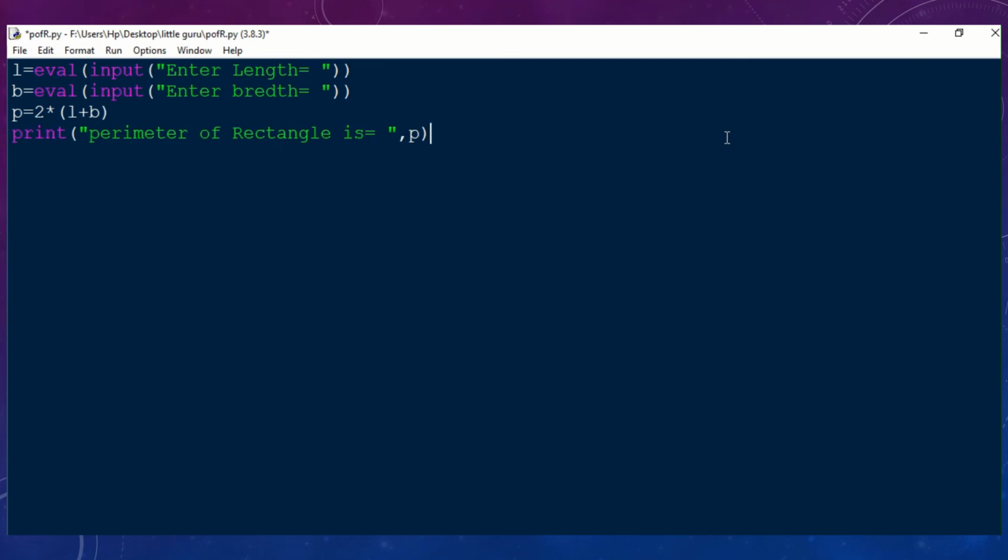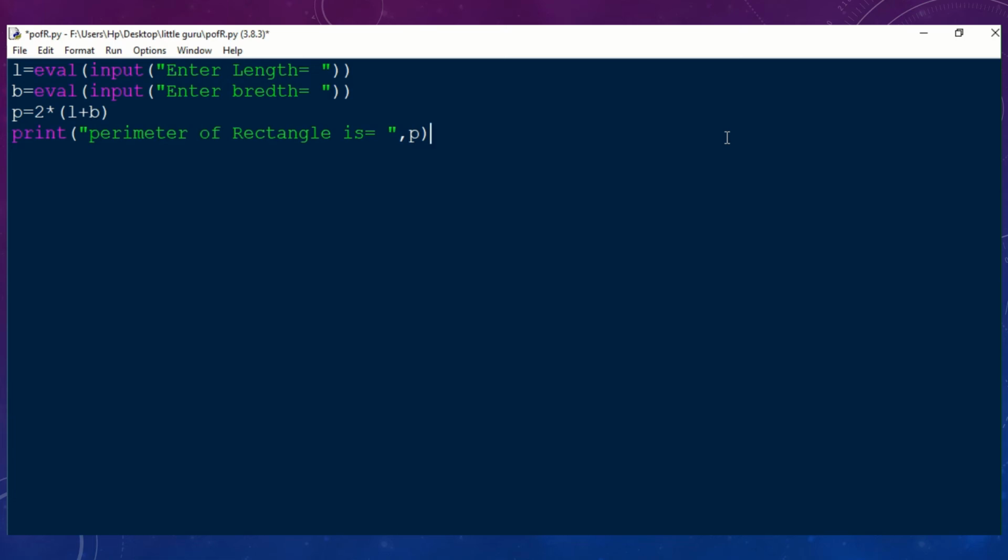P is equal to 2 into (length plus breadth). This is the formula. Now, what will we display as answer? We will display perimeter of rectangle is equal to, and it will display the answer in front of is equal to.